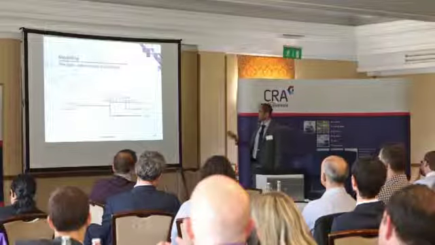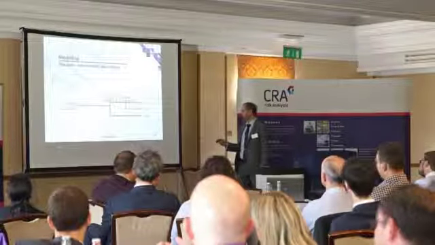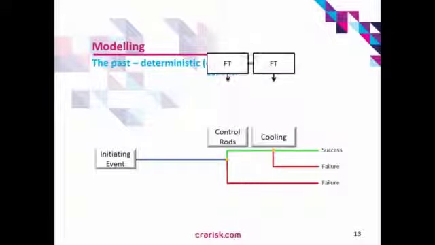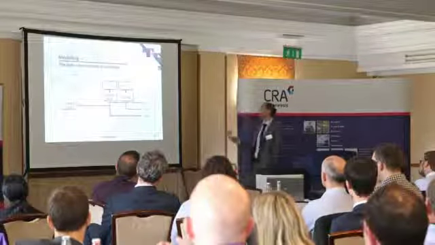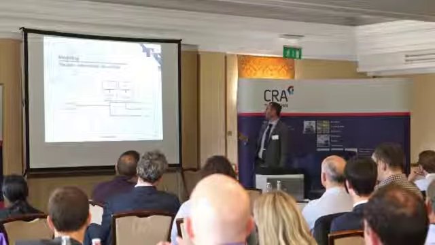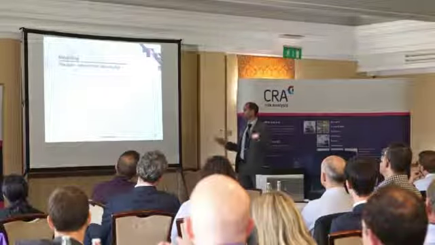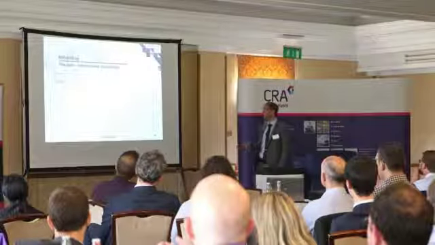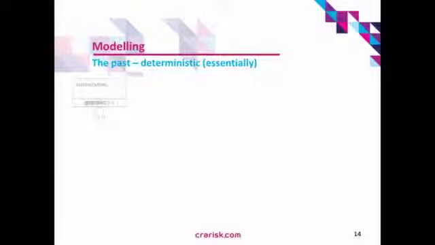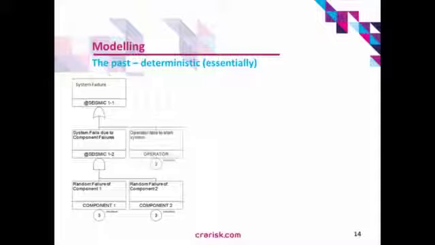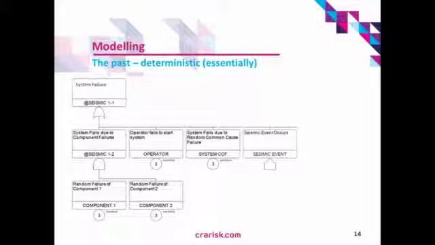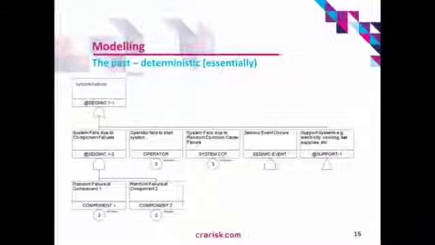And seismic events, in the past, deterministically, have been no different. But what we're going to focus on is really the fault trees that sit behind these functions here, because that's where it's a bit more interesting, to be honest. This is where you see the biggest differences. So, simple fault tree, system failure at the top. You have your random component failures here. So let's say 2-train system, component 1, component 2. You have your operator there. CCF, of course. Seismic event, that's a house event, we'll come back to that in a minute. And support systems. We're not going to drill into that too much, that's just for completeness, really.